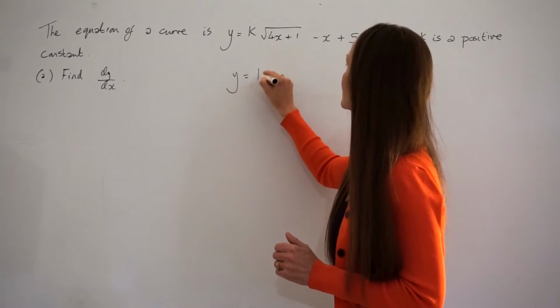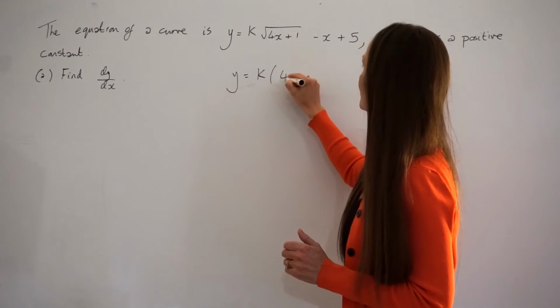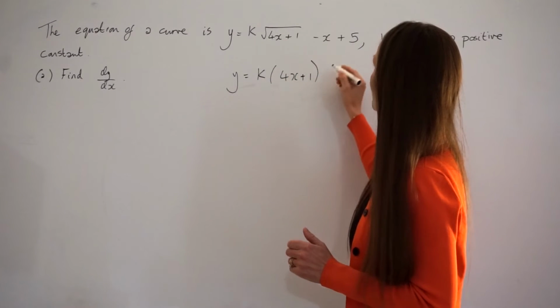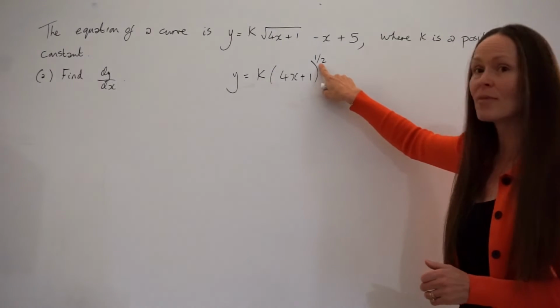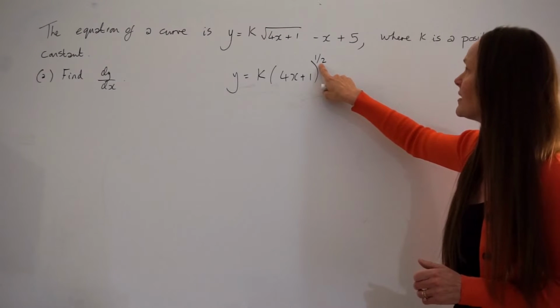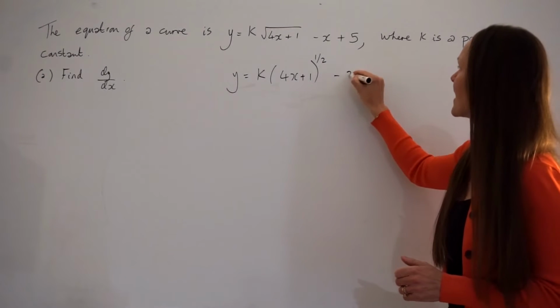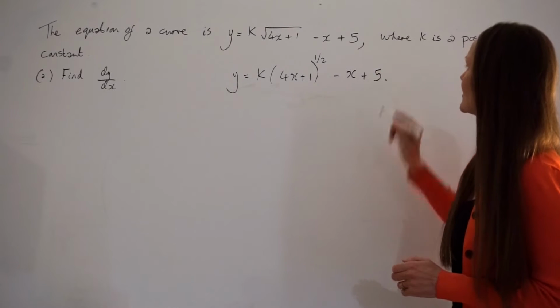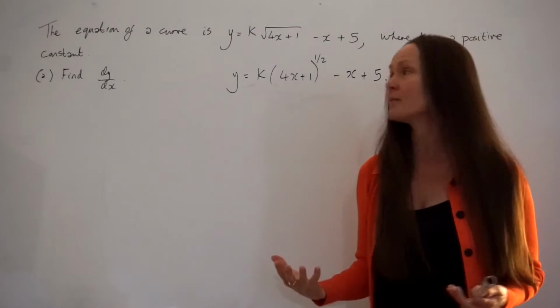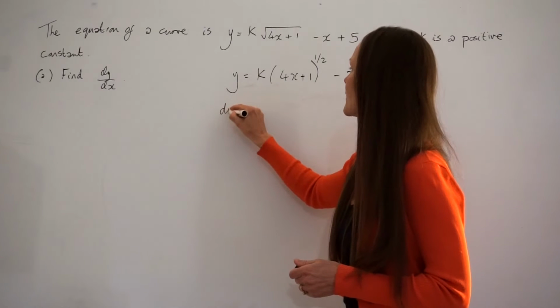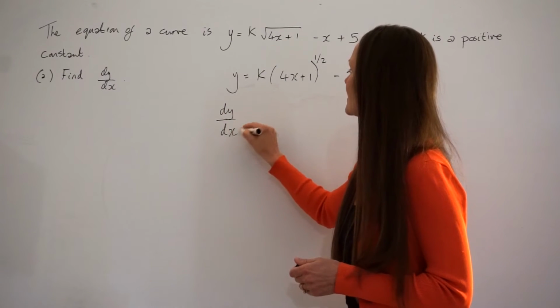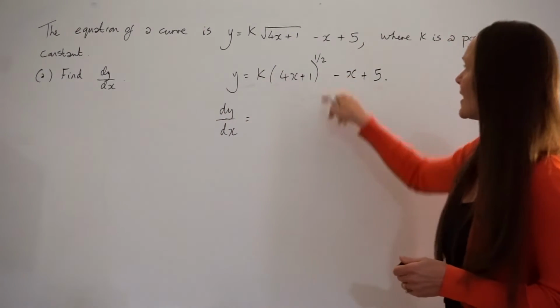So y equals k, brackets 4x plus 1, close brackets, raised to the power of a half, minus x plus 5. Remember, this is the same thing as square rooting the brackets. I just think it's easier to see what we're doing when we differentiate if we write it like this first. So when we differentiate, so find dy by dx, what we need to do is take the power here